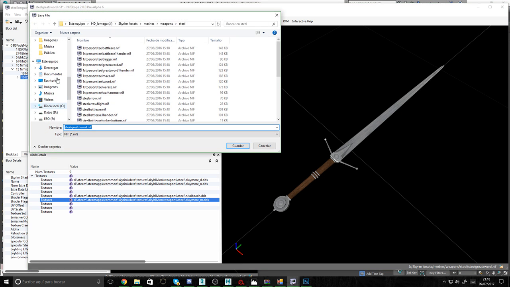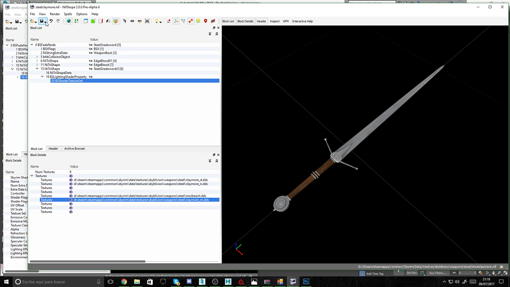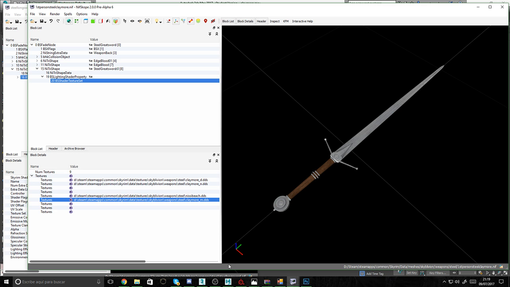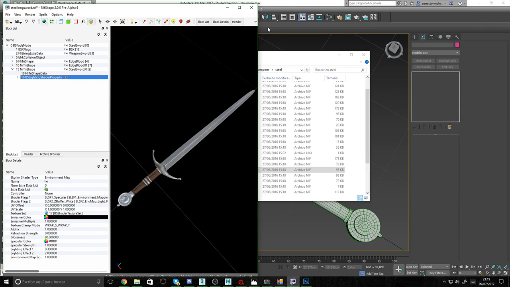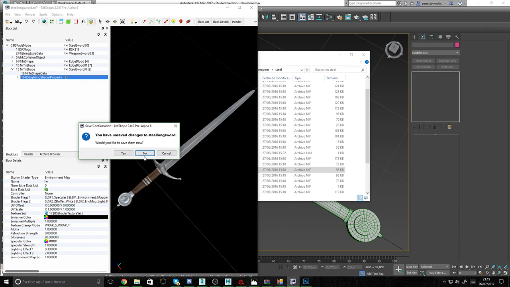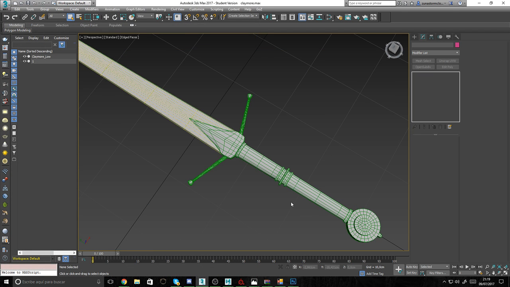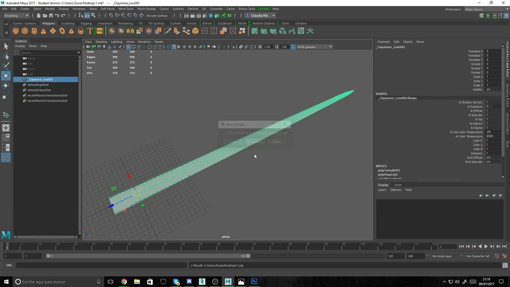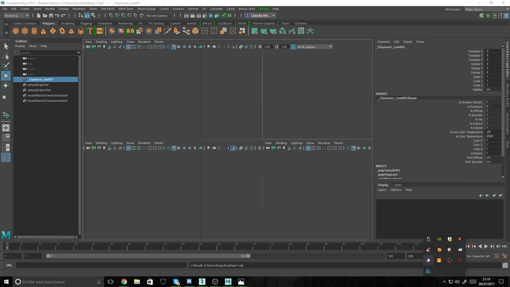We are going to save it now as Steel Claymore. I'm going to save it twice. And yeah, we are now ready to put it into the creation kit. So I'm going to close things because things will crash, I know it. And I have to open